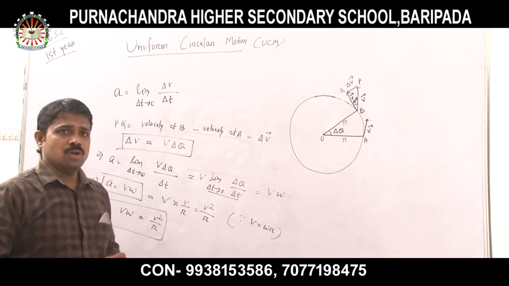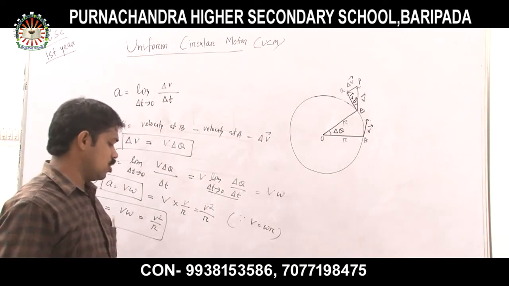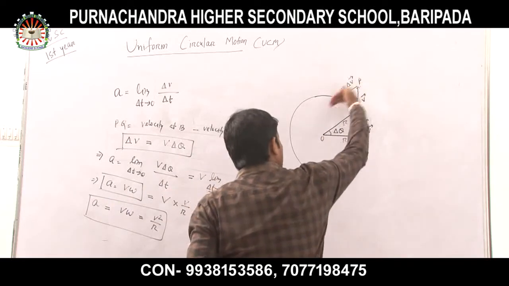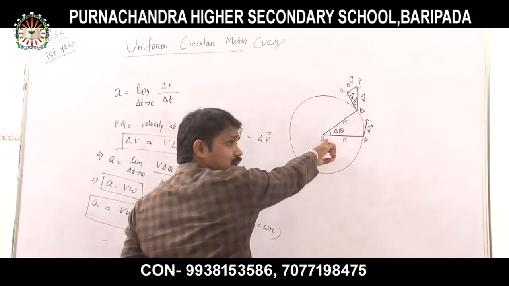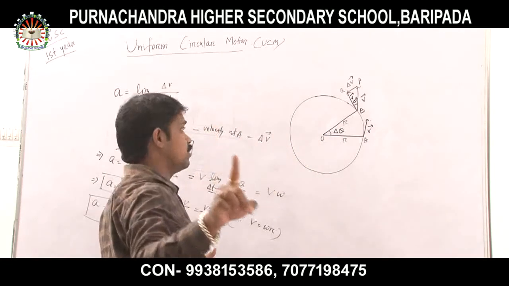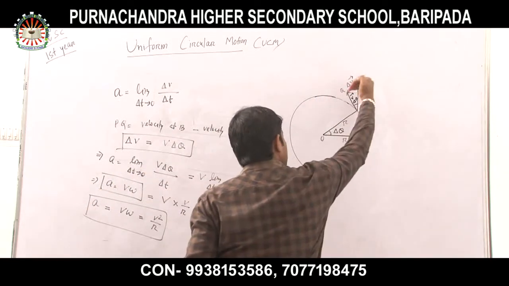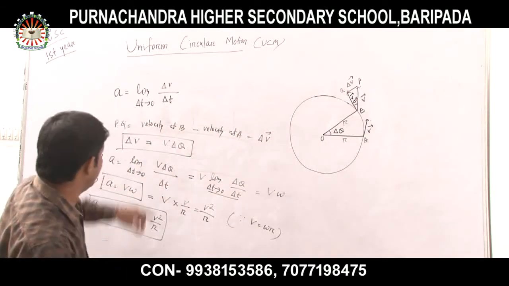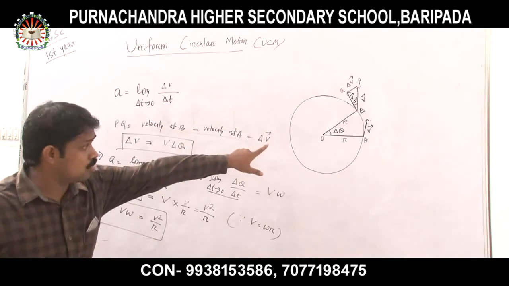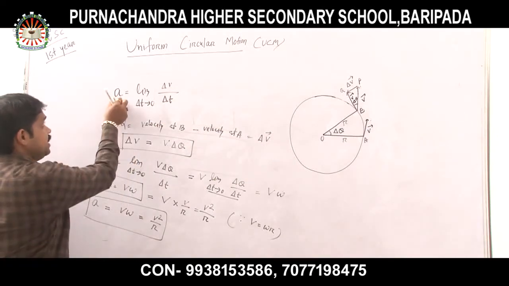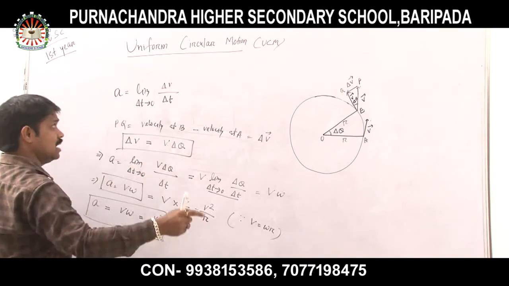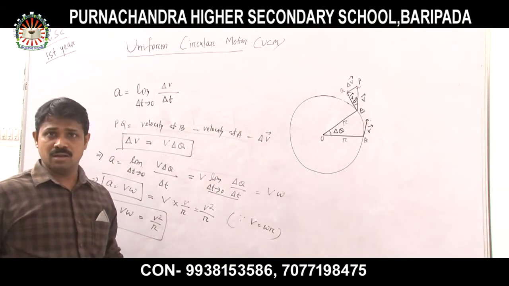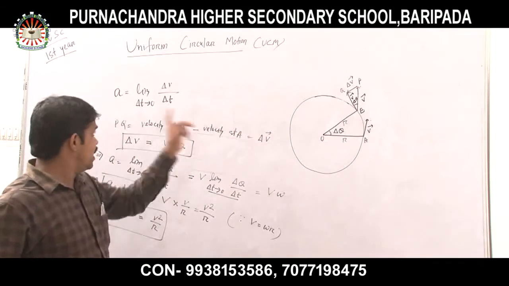Okay, clear all of you? So from this we can see in the figure. All of you look at the figure very carefully. The direction of PQ is always towards the center. Listen very carefully. The direction of this PQ is always towards the center. That's why the del P direction is always radial in nature, and similarly the acceleration direction is always towards the center. Okay. Radial in nature.